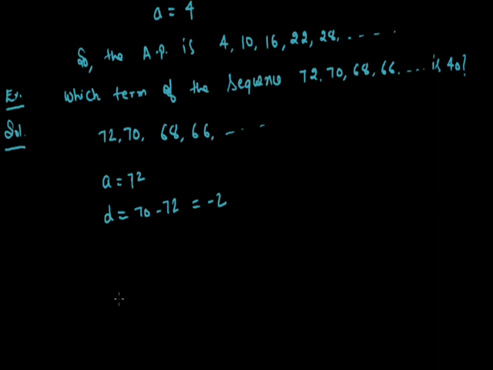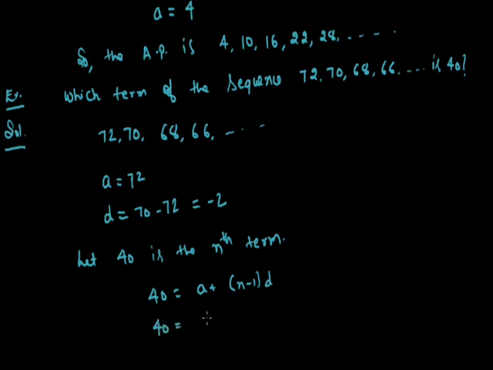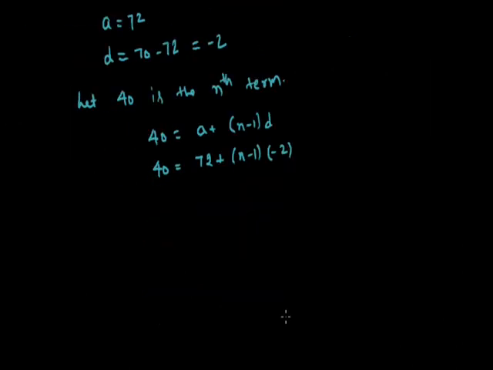Now we have to find 40 is which term? Let 40 be the nth term. So we can write 40 is equal to A plus n minus 1 multiplied by D. So 40 equal to A, which is 72, plus n minus 1, we don't know the value of n here, and D is minus 2. So by solving this equation, 40 equal to